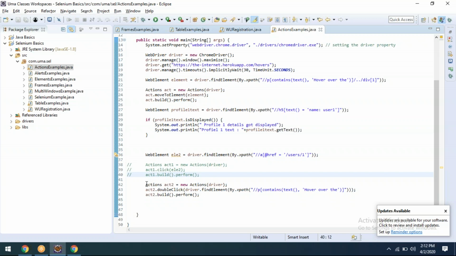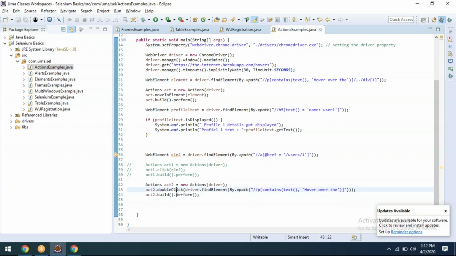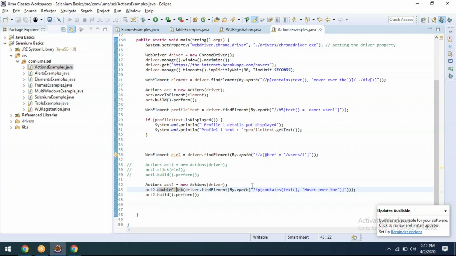Only one thing you need to understand here. It is always better to go for this one: create an Actions class, then build dot perform. Any click, single click, double click, or anything, you have to do within this, over the web element only. Now, likewise, if you go and check this, act